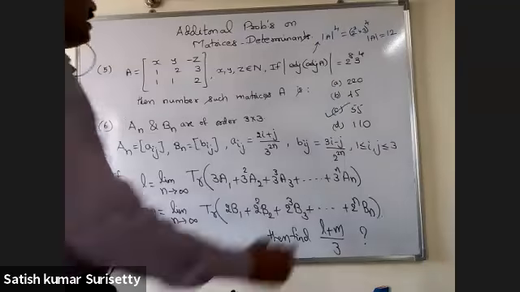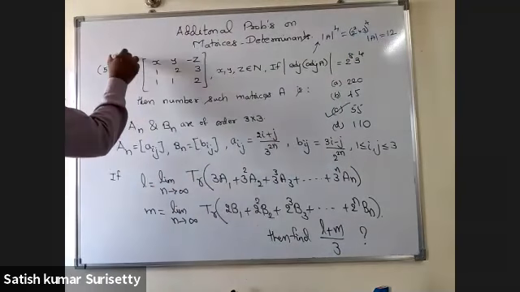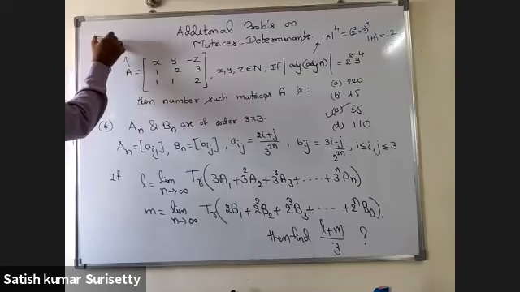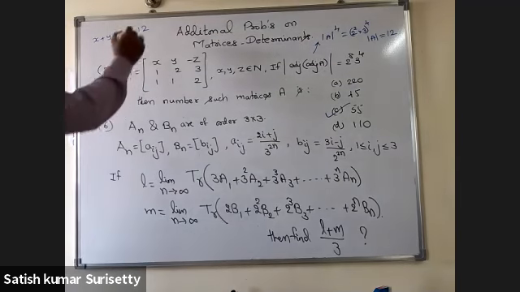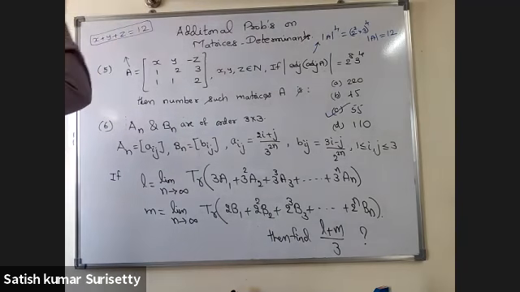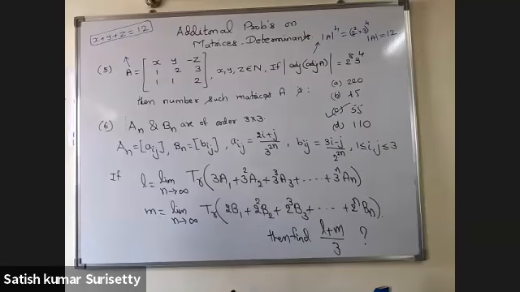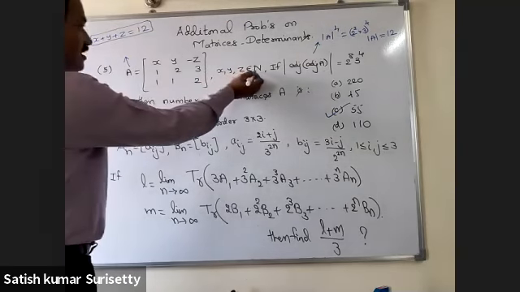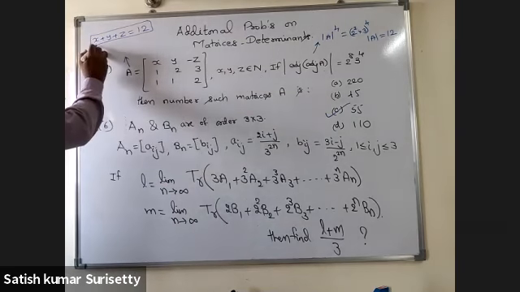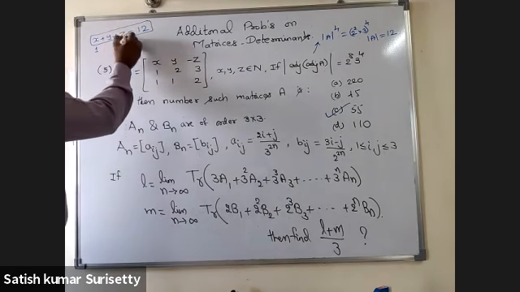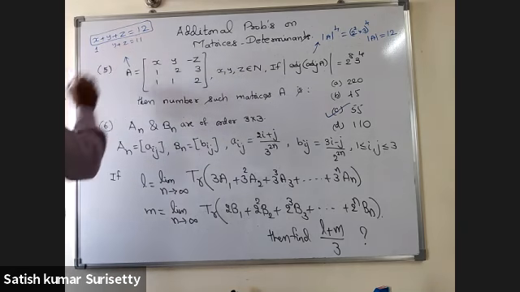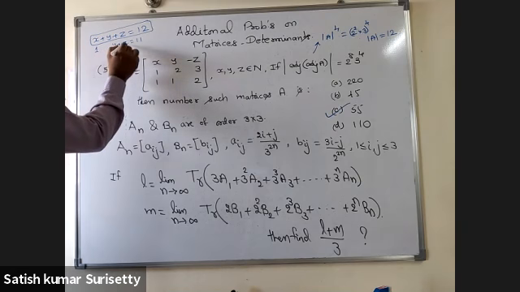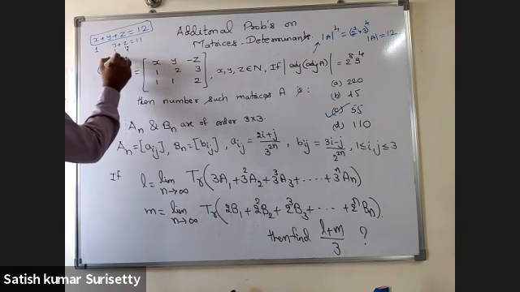So determinant of A equals 12, and from this, what is the determinant of A you are getting? x plus y plus z equal to 12. Now, in permutations and combinations, you have a formula directly for the number of positive integral solutions. But because we have not yet discussed that, since x, y, z are natural numbers, you fix one of the variables and calculate how many possibilities there are. When I fix x equal to 1, then y plus z equals 11. When y plus z equals 11, how many possibilities are there here? I can take y equal to 1, z equal to 10, 2, 9 and so on.